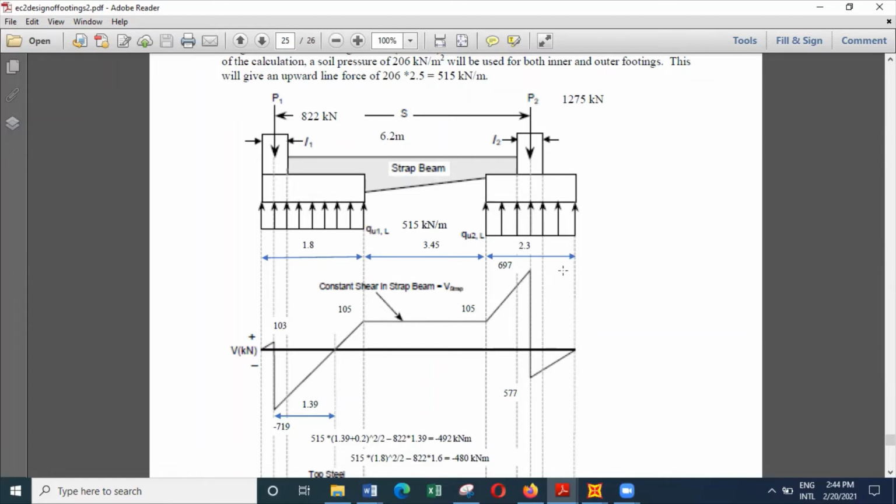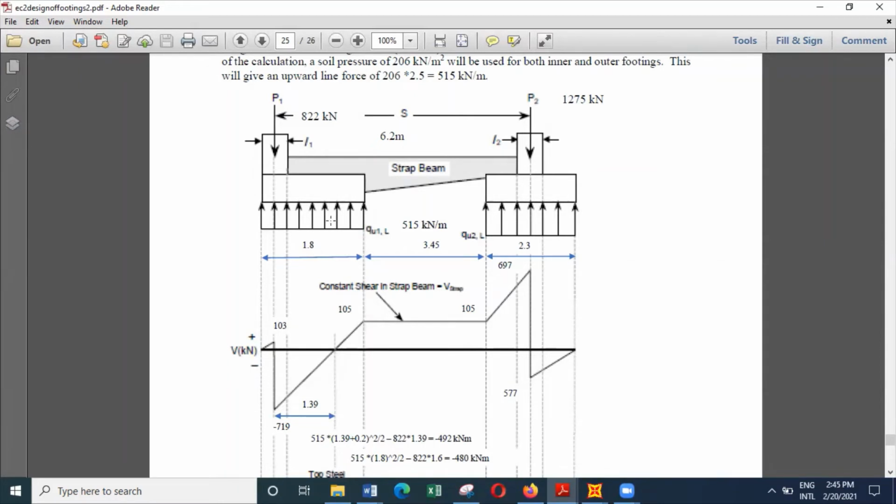And you will end up with a value of 697, and then due to the action of P2, which is 1275, you will get another negative region, and then when you add the clockwise shear in this area, finally you will end up with C. So this way you can draw the shear force diagram. And in this shear force diagram, this particular point is an important one because it shows us the place where the bending moment will be maximum. So the bending moment will be maximum here, and to find this particular distance, we know this is 719 and